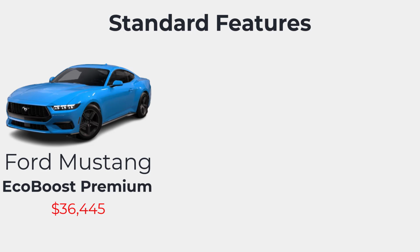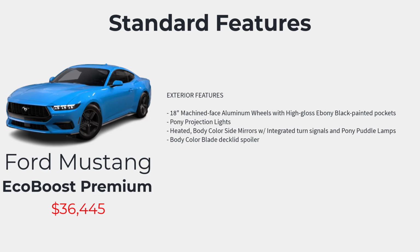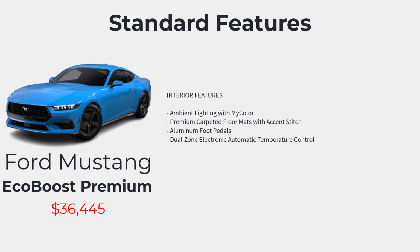Taking a step up, the EcoBoost Fastback Premium, starting at $36,445, offers all of the features of the EcoBoost Fastback, but with added luxury and tech enhancements. Additional standard features include 18-inch machine-faced aluminum wheels with high-gloss ebony black painted pockets, pony projection lights, heated body color side mirrors with integrated turn signals and pony puddle lamps, body color blade deck lid spoiler, ambient lighting with My